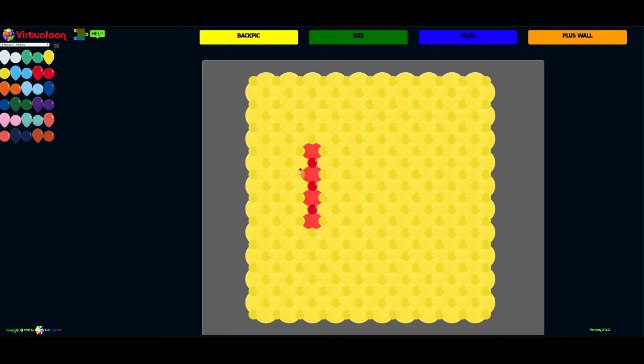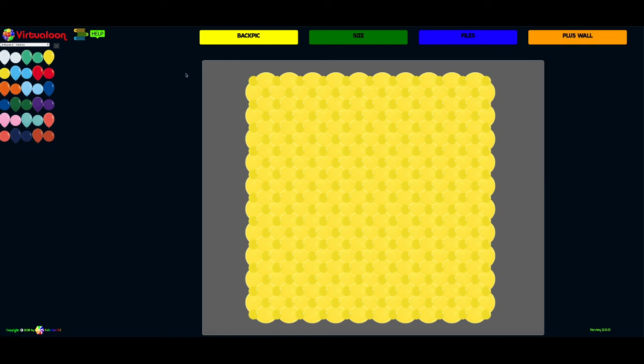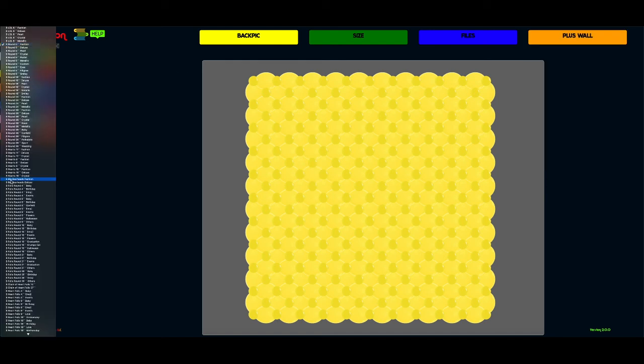Okay, now you can write a letter in here. That could be a W, for example, or make a picture or whatever you need to do with your wall. What you can also do, I'm going to just create that wall again with just yellow. What you can also do is,